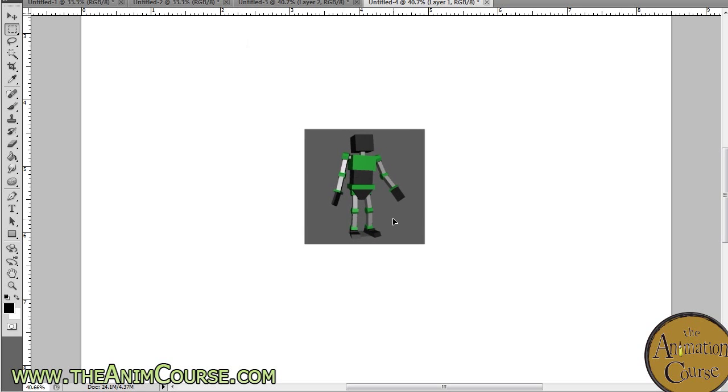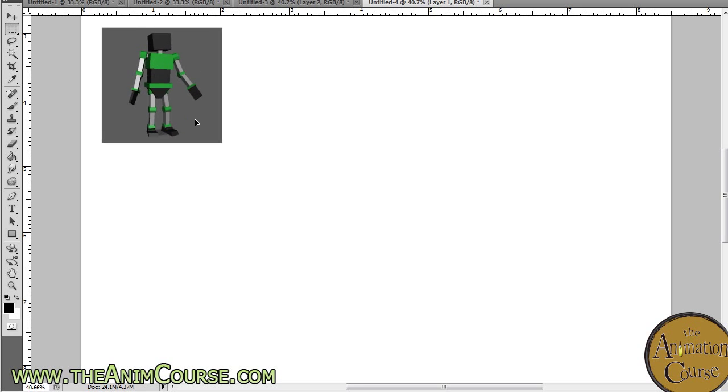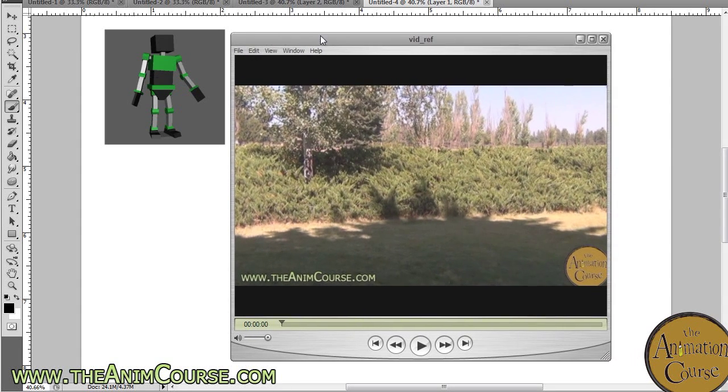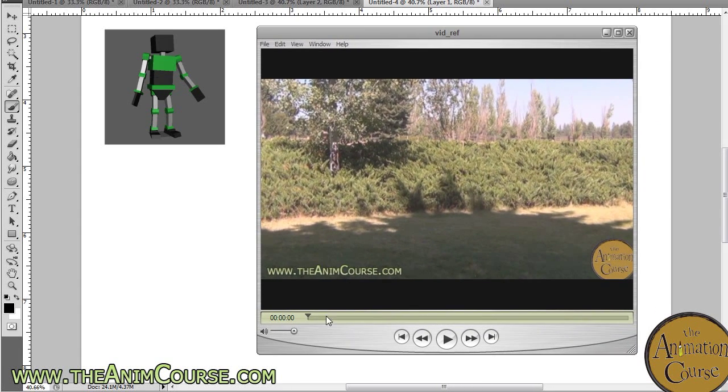Now in Maya, I'm not going to be able to do it one for one. My drawings aren't going to transfer exactly. But my character still might have limitations. It might have a really big head, and so that thumbnailing is still valuable even if I'm going to work in Maya. Okay, so now I've got my video reference, and I've got my paper, and I'm going to find my major poses,